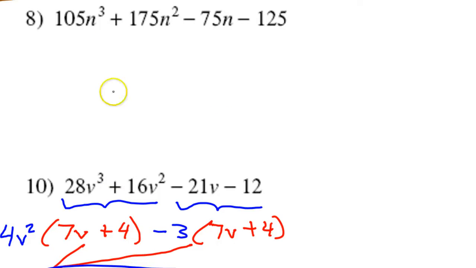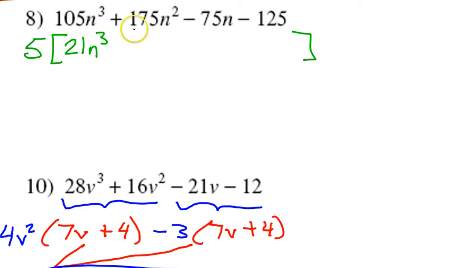All right, well, for number 8, the first step of factoring is to pull out the greatest common factor. I'm mentioning that, see how each one of these ends in 5? That means 5 is a common factor, so I'm definitely going to pull that out. So if I pull a 5 out front like this, I'm going to need a giant set of parentheses. So if I divide each one of these by 5, I'm going to get 21 n to the third